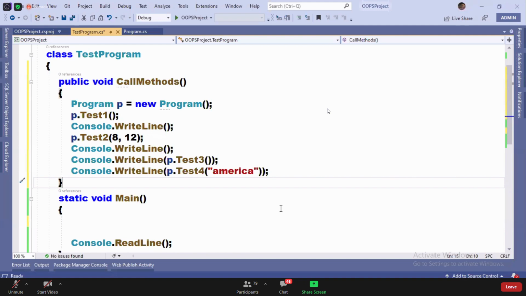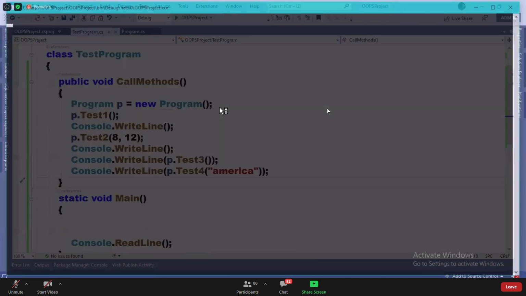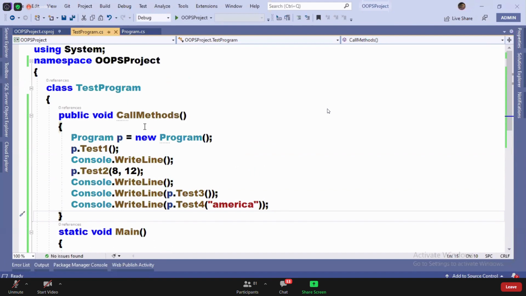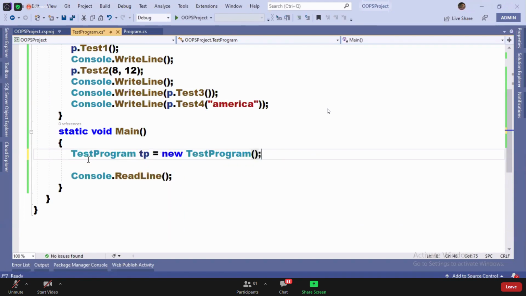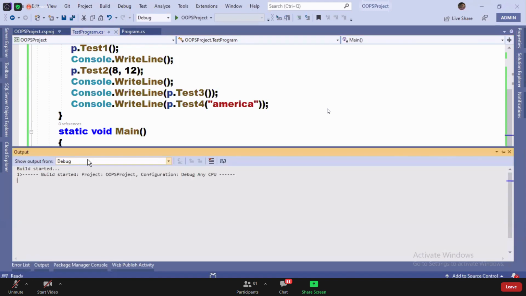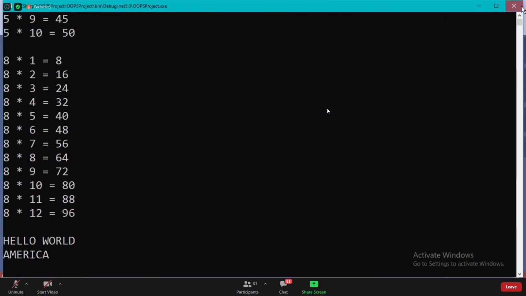So until I call callMethods, will the logic execute? If I run this, the logic won't execute. How to call callMethods? It is present in TestProgram. So first you're required to create the instance of TestProgram, and afterwards call callMethods. And now the logic executes. You guys understand this?